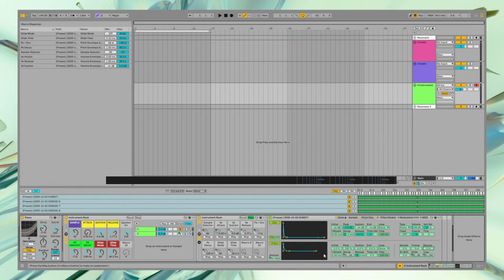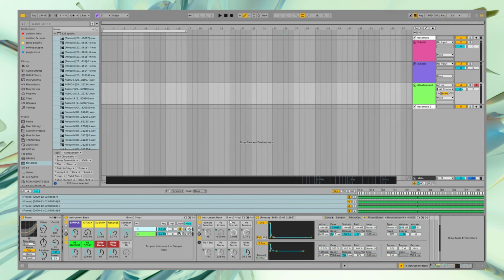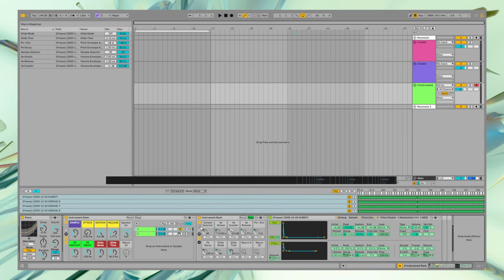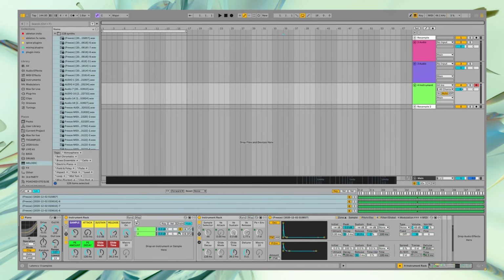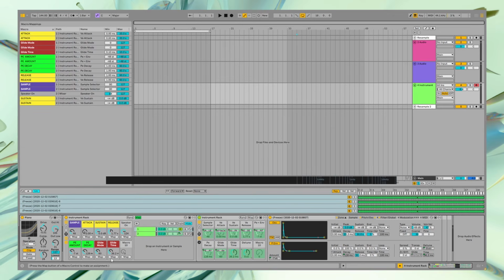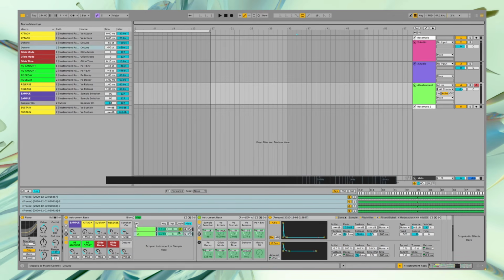So I have to do it on this one first of all, detune, and same on this one. I'm going to have to map the detune here. And now we're going to map detune here, as so. And now we're going to go back to where the detune is, and set the minimum to 0,